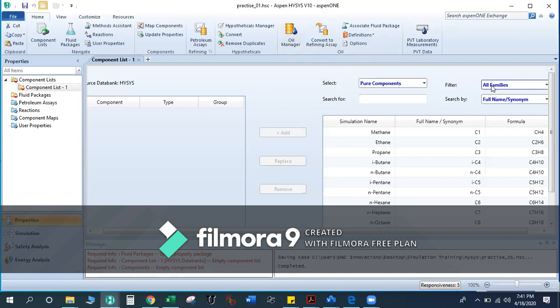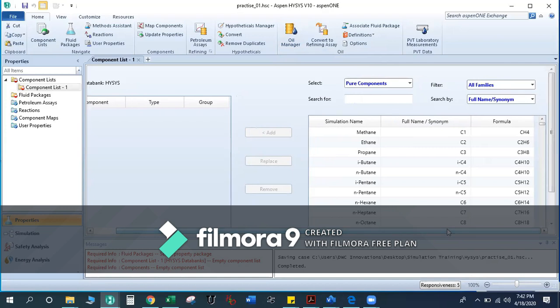The filter here basically means the master component list, or you can say the list of all the components involved in HYSYS. You will capture only those components in your simulation that are actually interacting with each other.